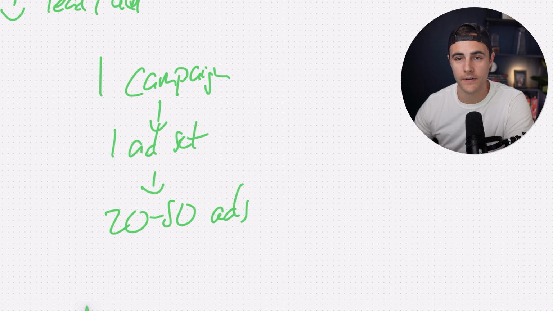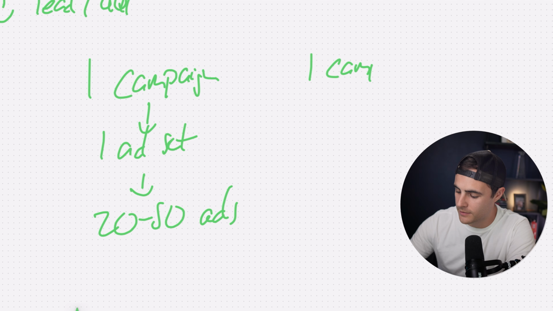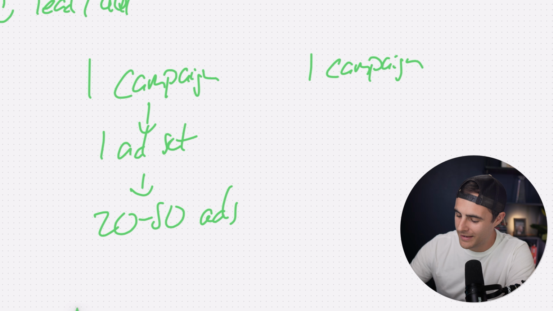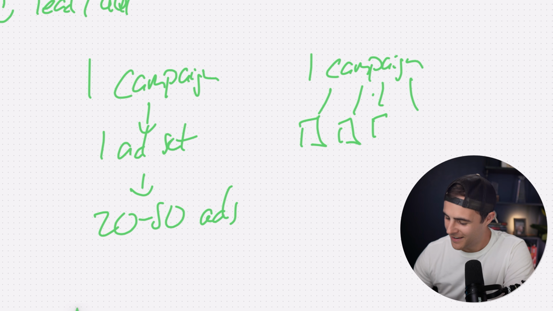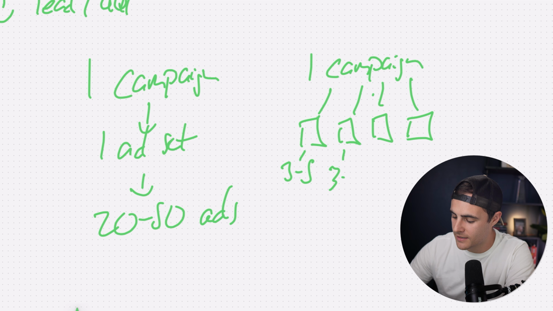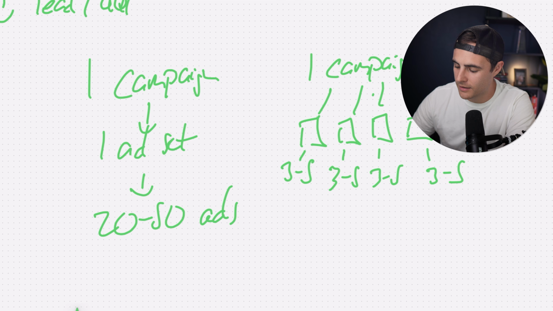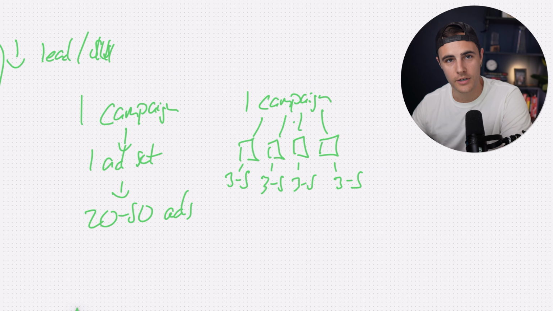You can do that simplified structure, or what some people will sometimes do, and honestly, I don't think it matters at all, is you could have a couple different ad sets inside, right? The square boxes are just ad sets. And then every single week, you've got new ads that you're launching, and these could be anywhere from 3 to 5 ad versions inside of these ad sets, okay? So something like this, right? Again, my handwriting is not the prettiest, okay? So that's what that structure could look like.